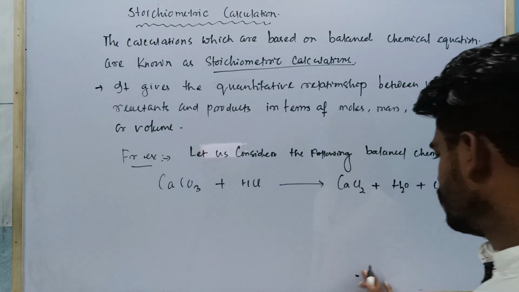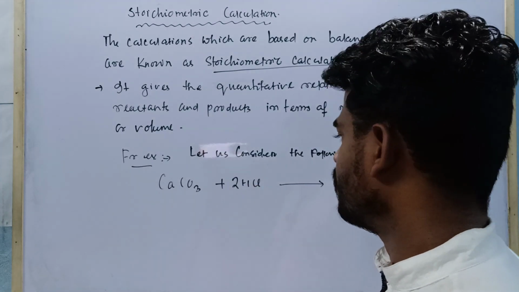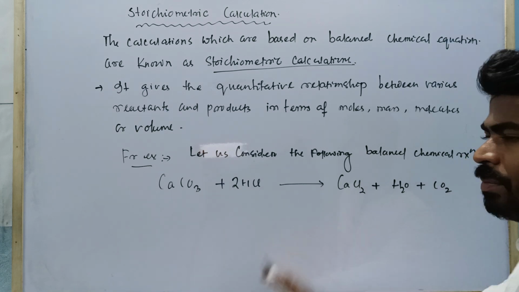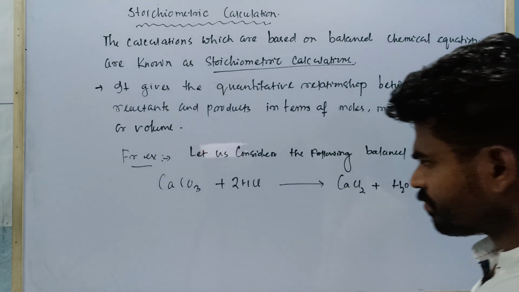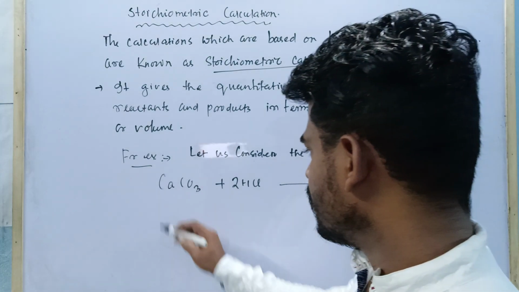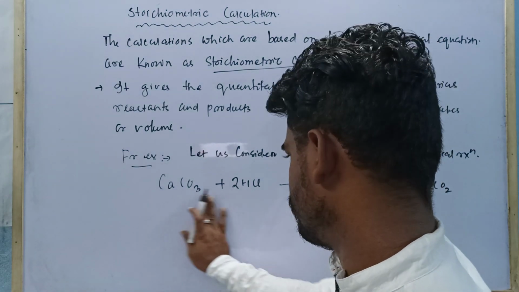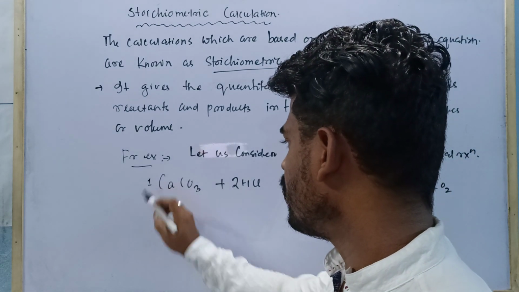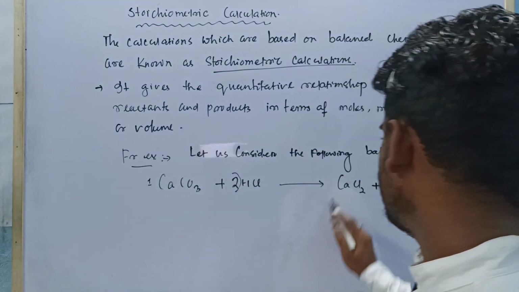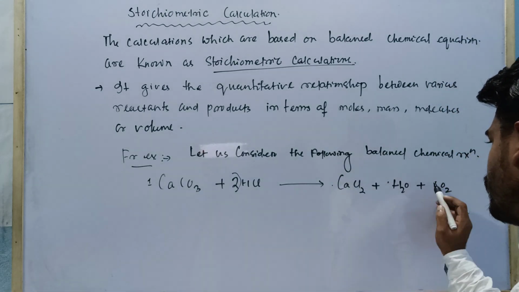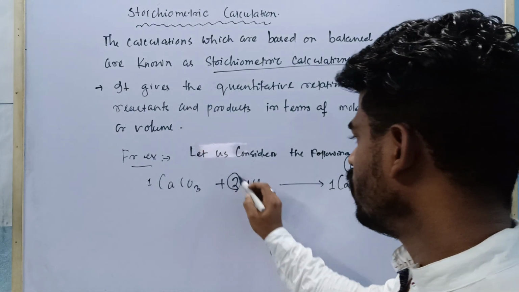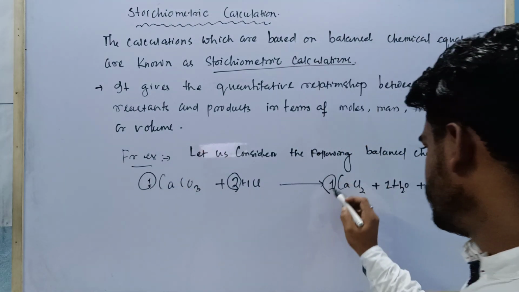So this equation is not balanced. You can balance by multiplying 2 over here. You see, right now the equation has been balanced. So this one is a balanced chemical reaction. Here you just see the coefficients of these compounds. Here that is 1, and here that is 2. Here 1, here 1, here also 1, here 1, here 1, and here 2, and here 1.